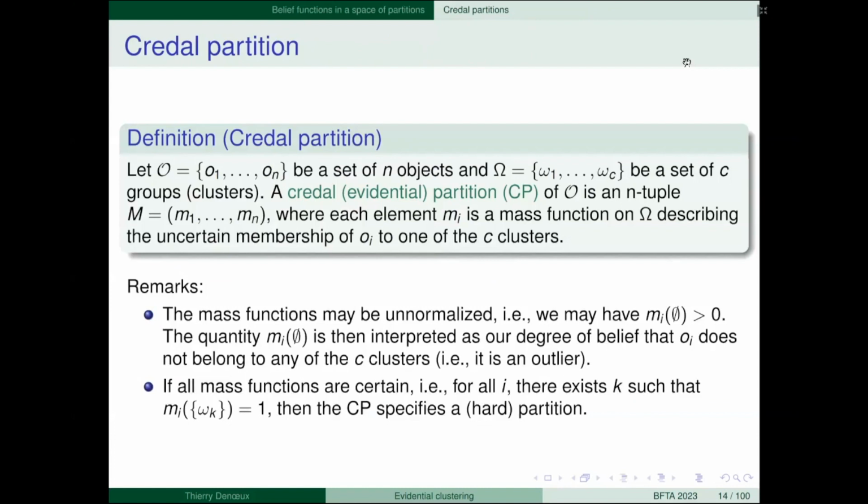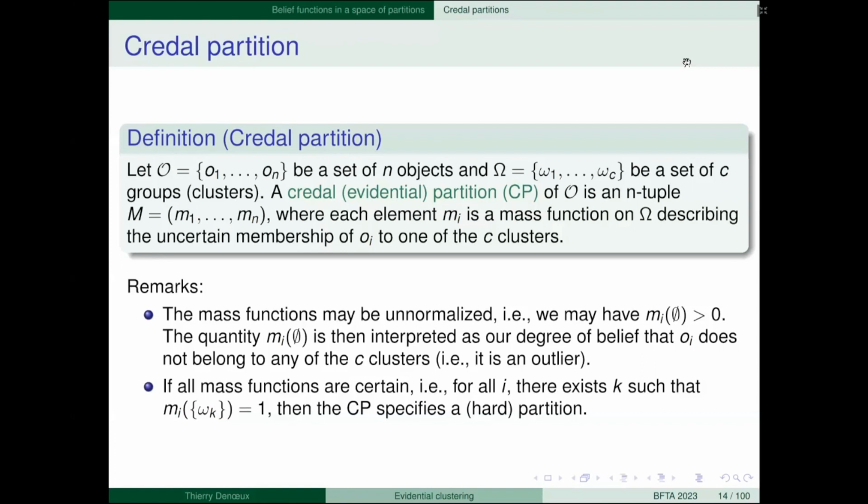A credal partition, or equivalently, an evidential partition, of O is an n-tuple of mass functions M1 to Mn, where each Mi is a mass function on omega describing the uncertain membership of object i to one of the c clusters.